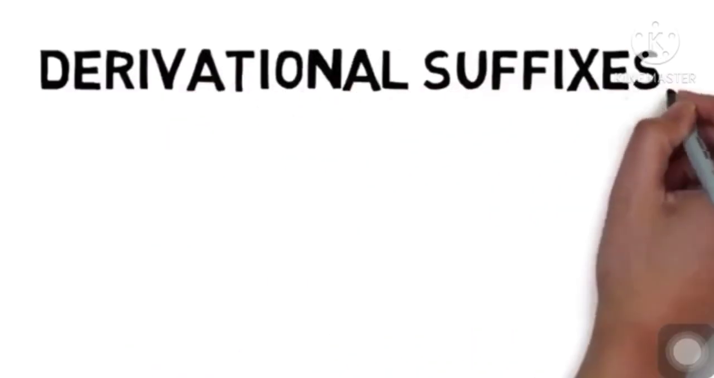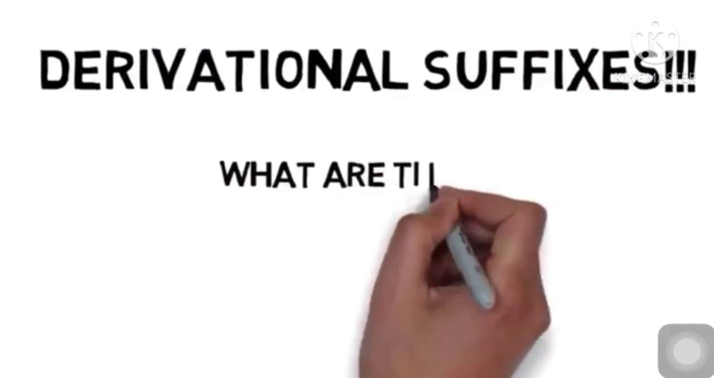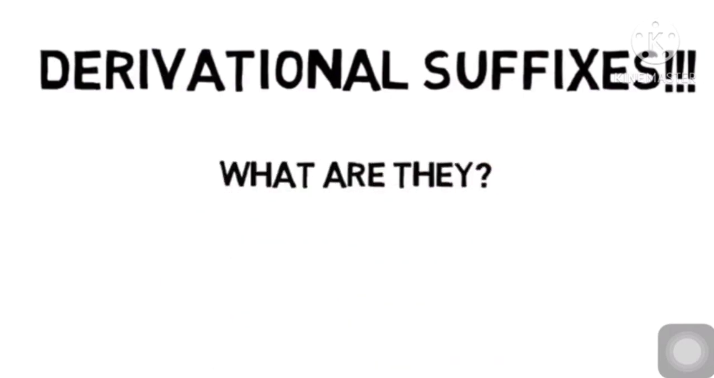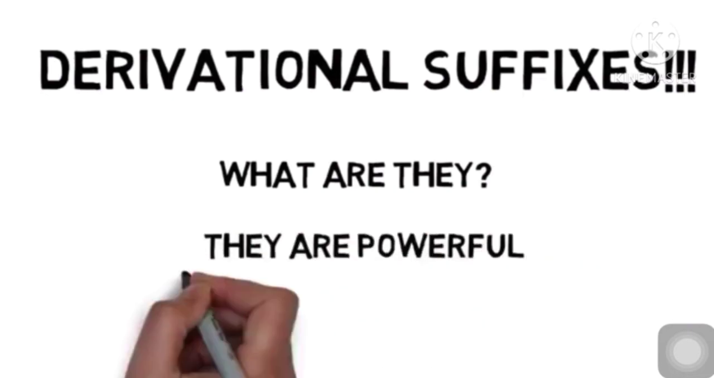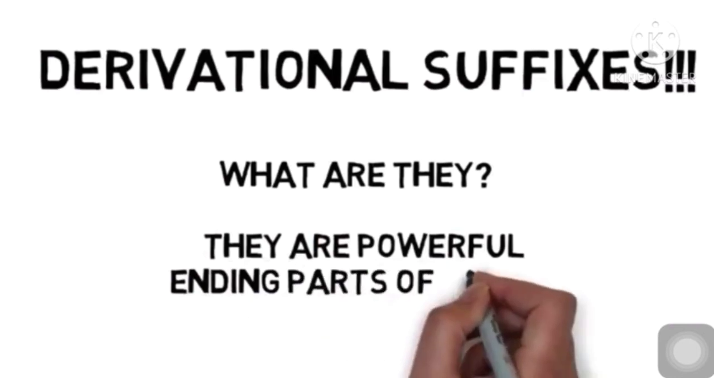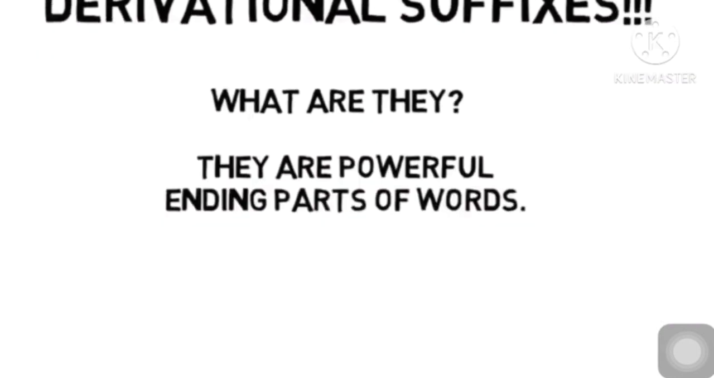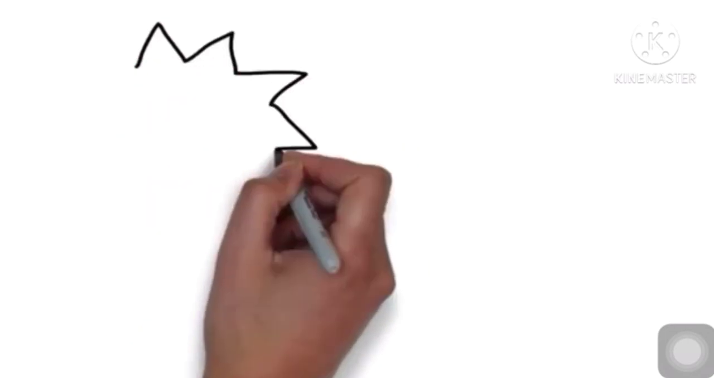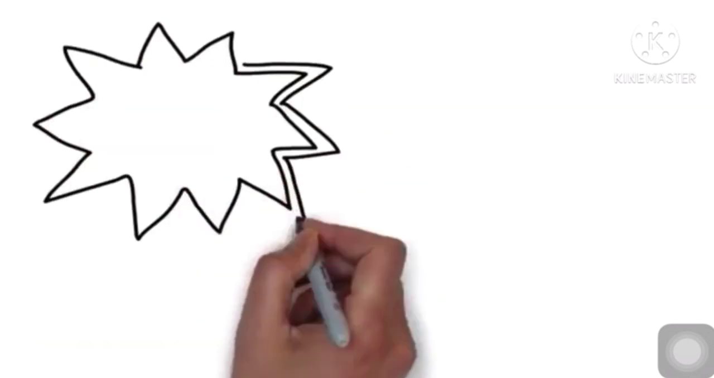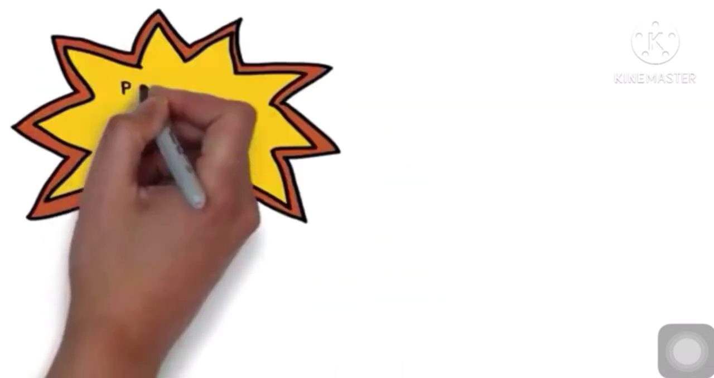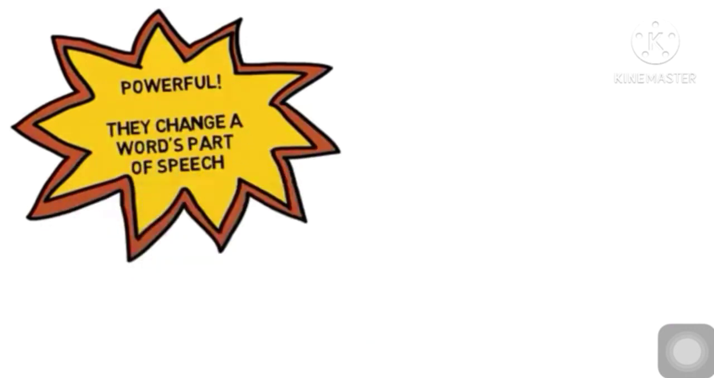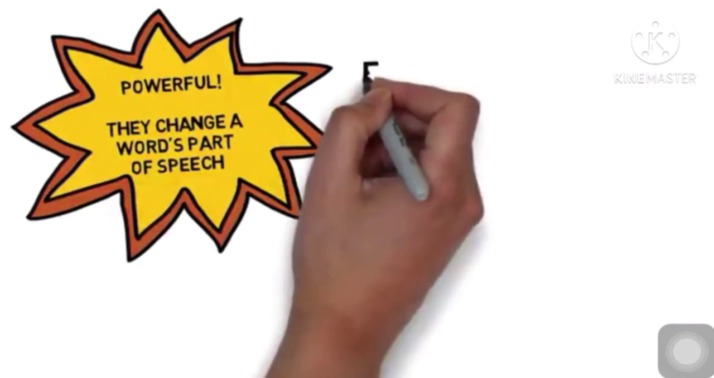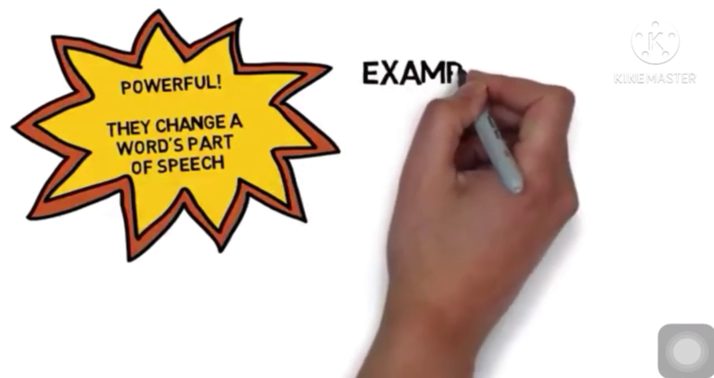Derivational suffixes. What are they? They are powerful ending parts of words. Powerful, they change a word's part of speech. For example,